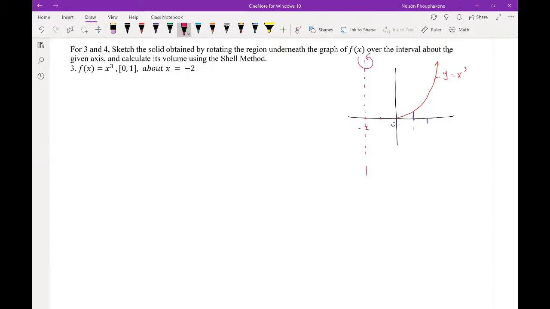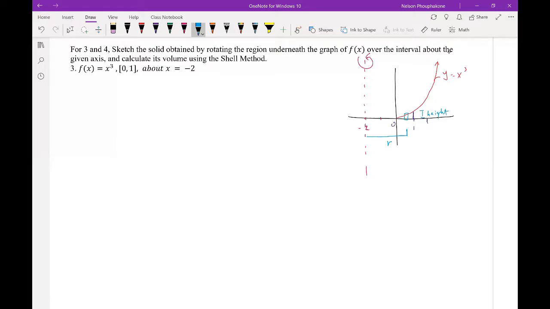Then you will see that what happened here is we would like to have this one. And now you will see that this is the radius. And then the height